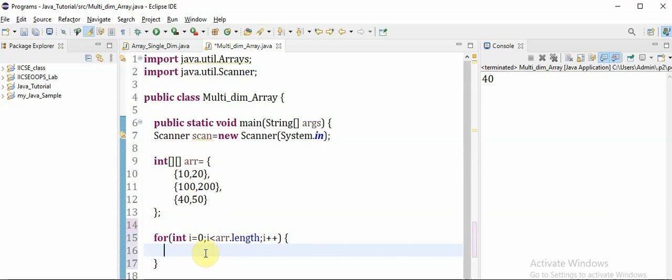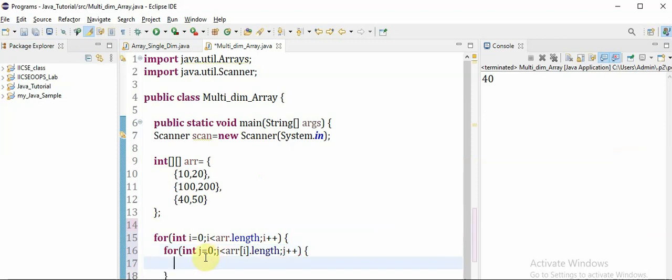Then for each row, we want to know how many columns there are. For the column, we use another for loop, with a variable j starting with 0, then j less than a of i dot length, because for every row I want to find its length. The array name is arr, so arr of i, the length of that row, followed by j plus plus.